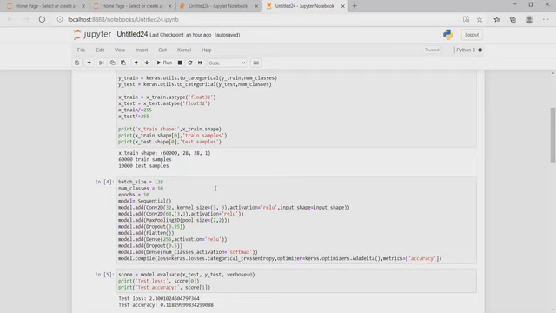We will then compile the model with the Adadelta optimizer. What do we mean by the Adadelta optimizer? It restricts the window of the past accumulated gradient to some fixed size W. It adjusts the neural network based on the weights and learning rate. It can change the neural network so that losses can be reduced using the Adadelta optimizer. Here we can see how to create the model.